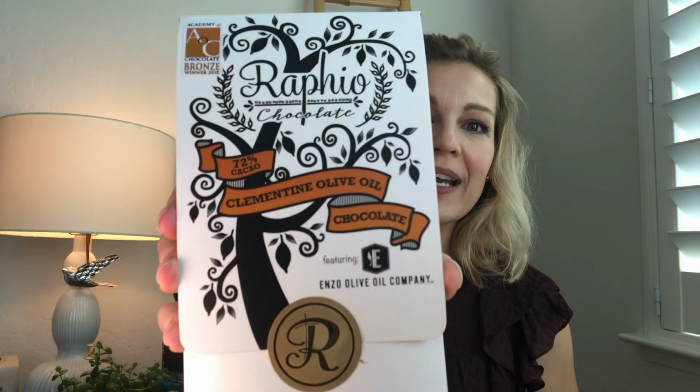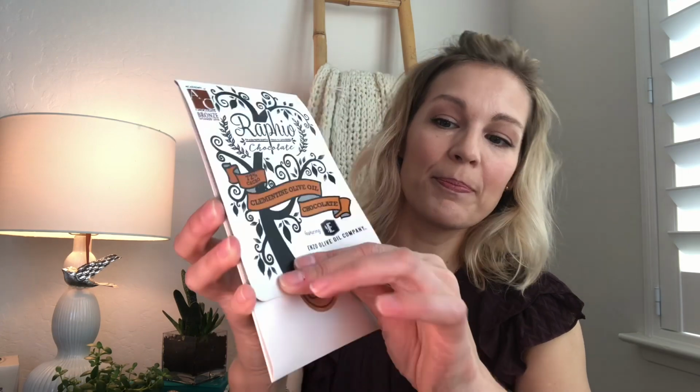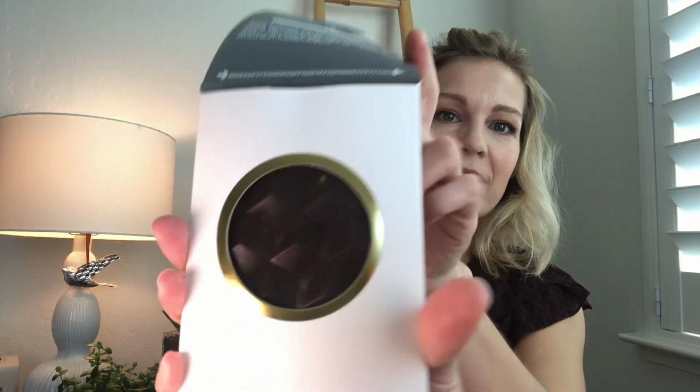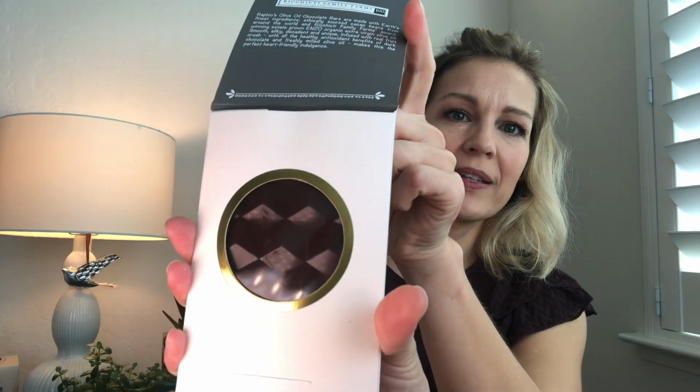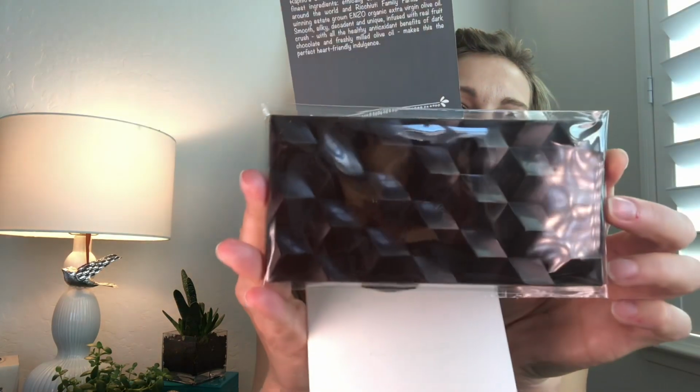The first one I purchased was the Clementine Olive Oil chocolate bar. I'll open it up for you and just show you what it looks like. By the way, the packaging is amazing. Oh no, I don't want to ruin the sticker. So you pop the sticker off, peel it open. Packaging is amazing. Look at that, how pretty is that? Lighting, there you go. So the bar comes out and it has, if you can see the texture on that,